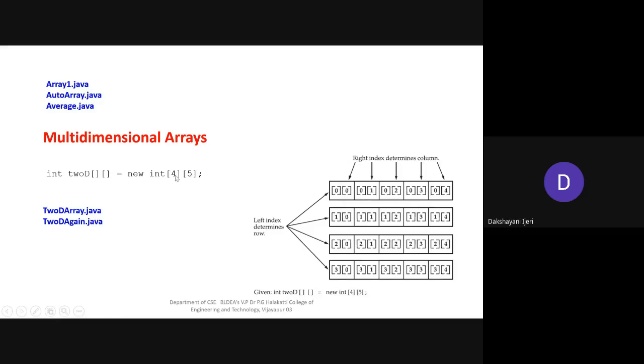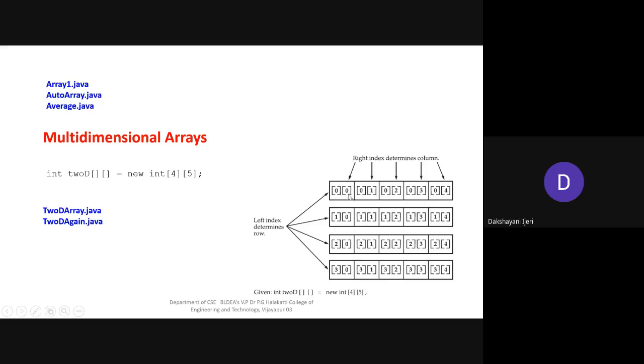Right. So that means if it is 0, 0, it is going to be the first element from the first row as well as the first column here. This entire row is the first row with the index value 0, and this entire structure vertically is the first column with the index value 0. Each cell represents one value from that particular row and column.